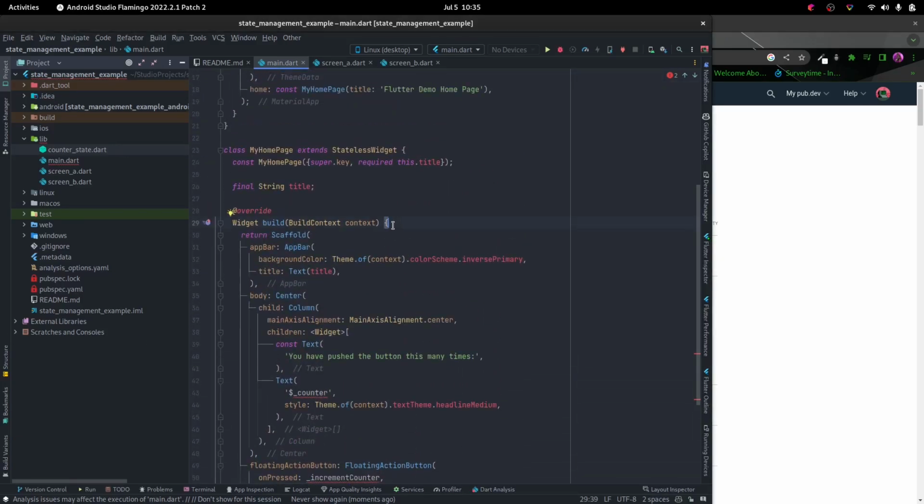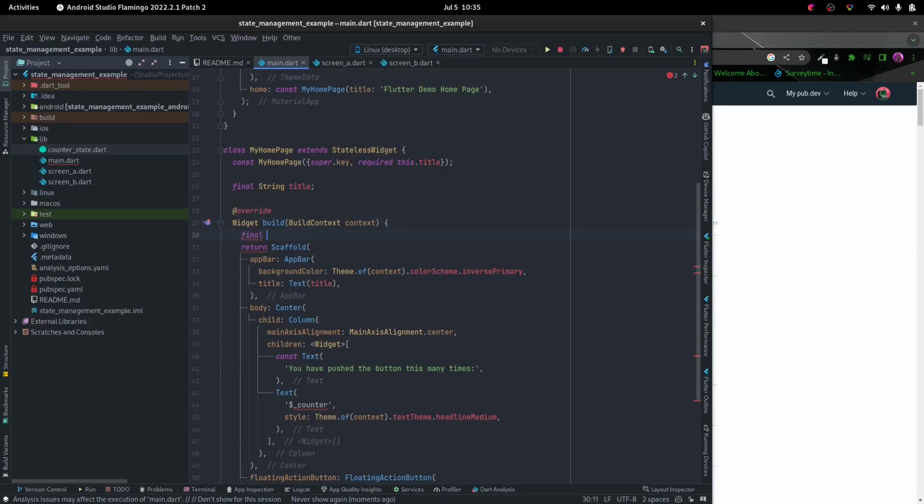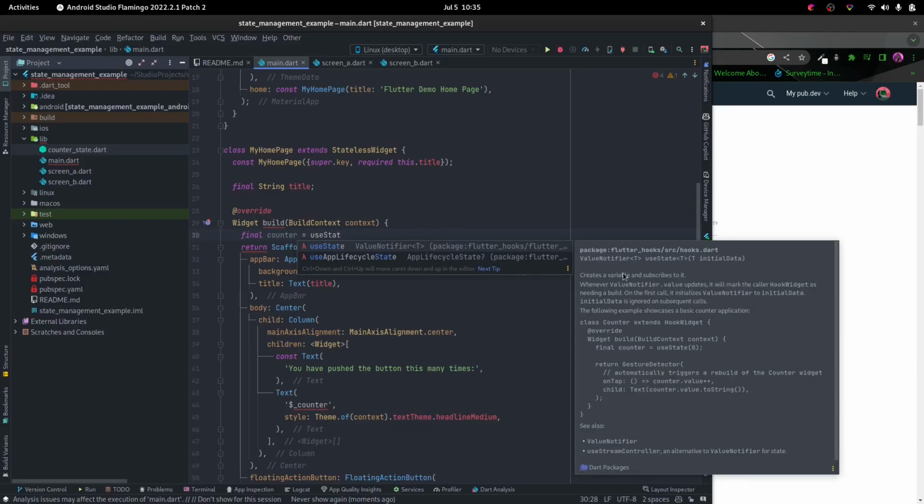So now that we no longer have a state, where do we save our variable? We will save it in the build method. So final counter will be equal to, let's say, useState. This is what it does. It creates a variable and subscribes to it. So whenever the value of that state gets updated,